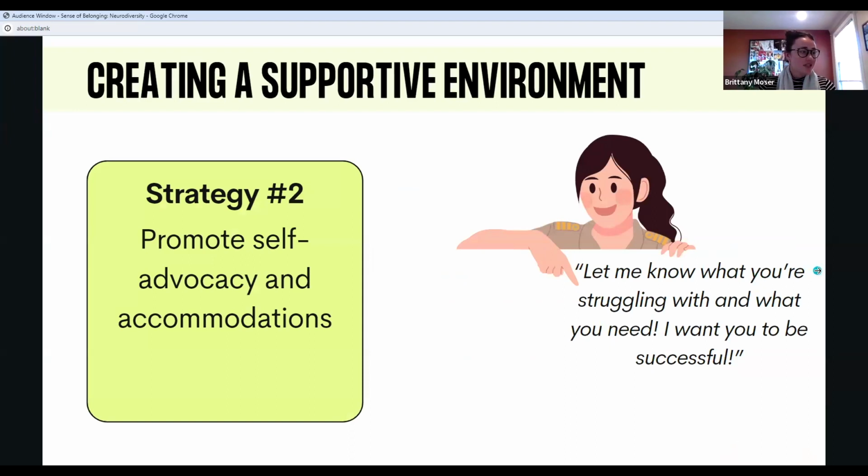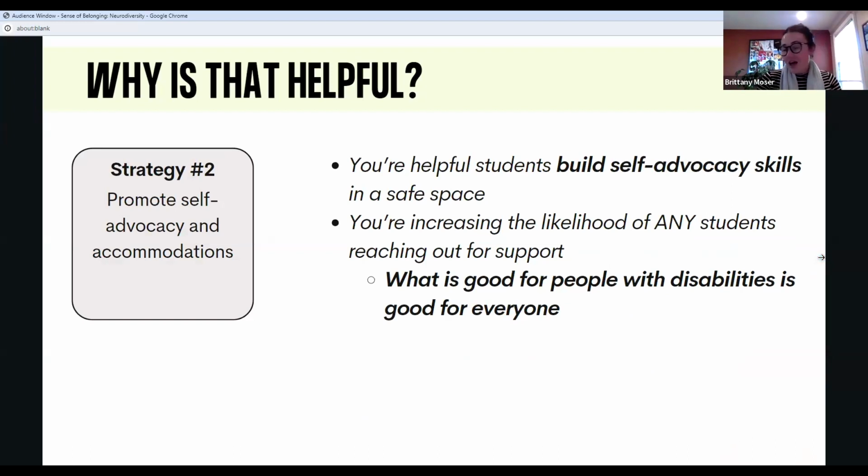Strategy number two is promoting self-advocacy and accommodations. This is another super simple thing that you can employ in your announcements or in your emails, which is just putting it out there like, hey, let me know what you need. Hey, let me know if you're struggling, because university life is supposed to be a safe environment where we develop skills. We shouldn't have mastered skills already. And it would be different if they were out in the workplace, you know, they could lose their job, but